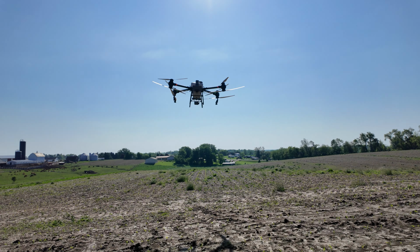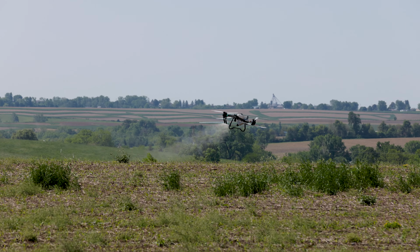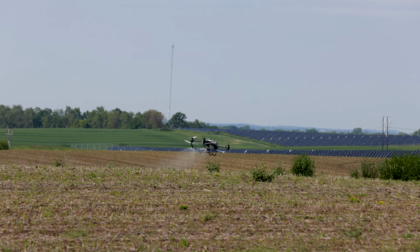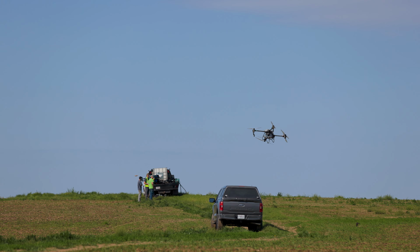There's quite a few advantages of using a drone over a ground sprayer, one of the biggest ones being compaction. Earlier on in the year, if you get a rain, you can get back out into the field sooner with a drone than you could with a ground sprayer without causing any compaction issues or creating any ruts. And later on in the season, during fungicide, you aren't causing as much damage by running over those end rows to get turned around. So using a drone can be hugely advantageous and can be beneficial to quite a few